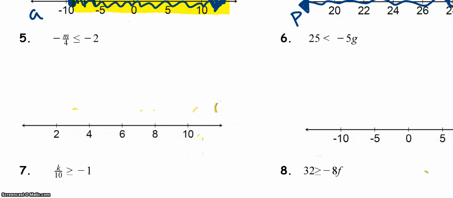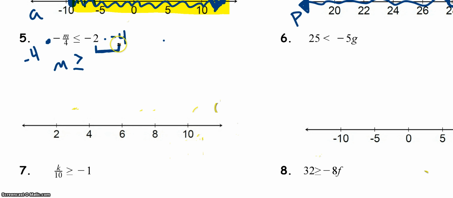For number 5, we have 2 different negatives here. We have -m divided by 4 is less than or equal to -2. I like making sure I have a positive variable at the end, so I'm going to multiply both sides by a -4. And since I'm multiplying by a negative, I need to reverse or flip my inequality symbol. My m is now going to be greater than or equal to, and the product of -2 times -4